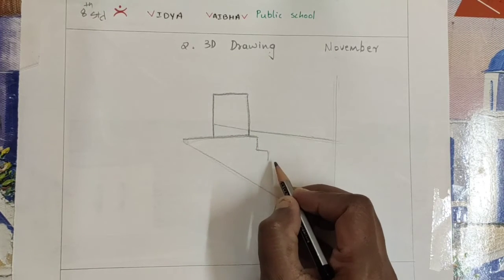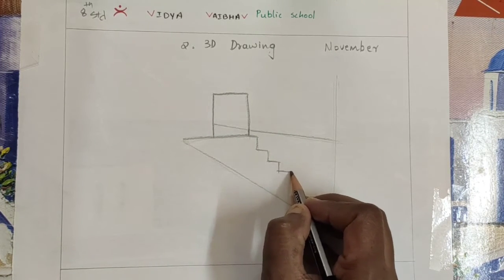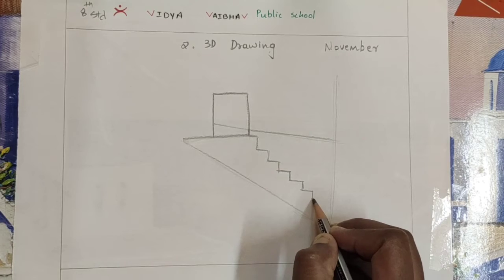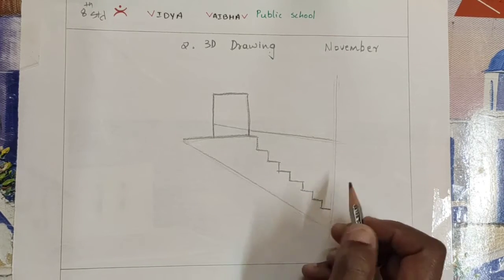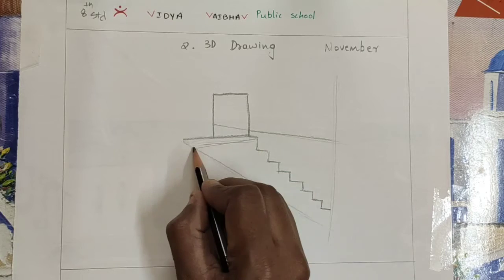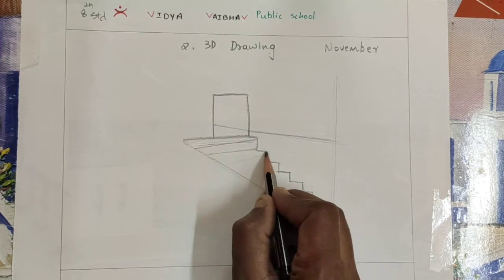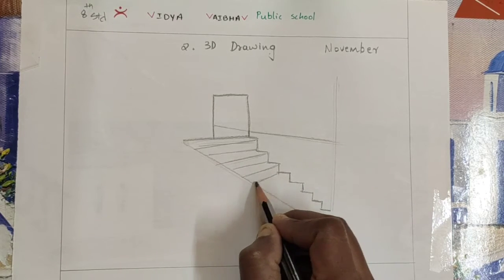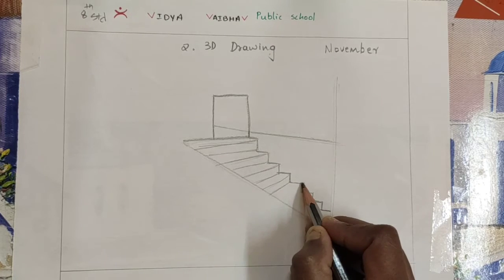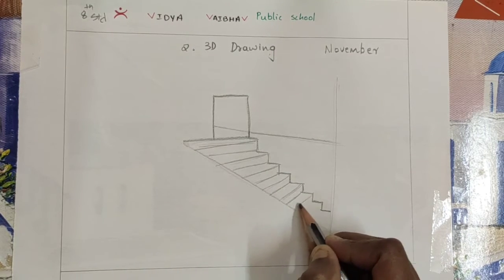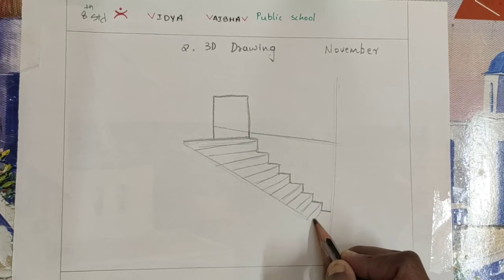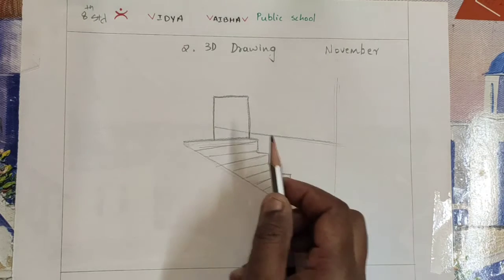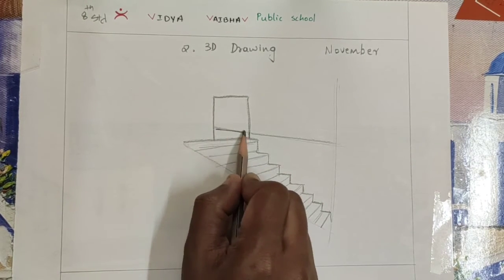Now here draw one standing line, sleeping line. You should continue in the same size. Okay, one standing line and a sleeping line. Continue till end. And from that point you should draw a straight line. From that point, it's not a straight line. From that point you should draw the same size of a line. If you are okay to draw with the free hand, you can do with the free hand, or else you can use a scale also. If you feel it requires a ruler's help, you can use a ruler.